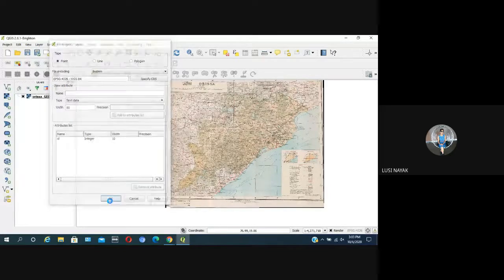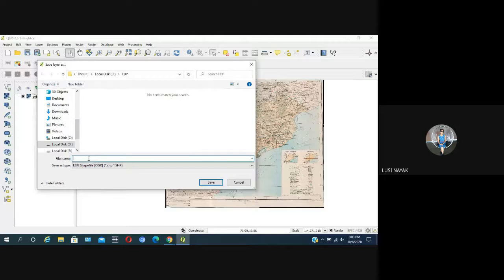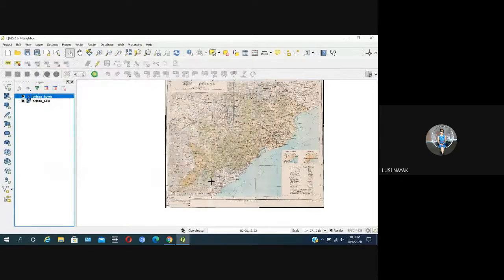Then OK. Save your layer name: Odisha underscore town. Then save. The layer is complete.